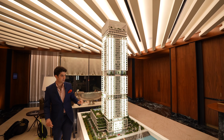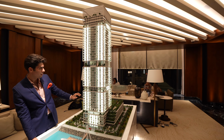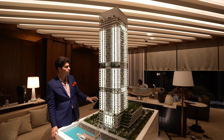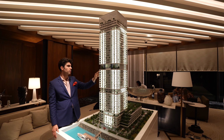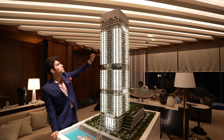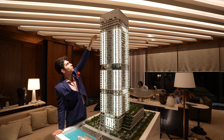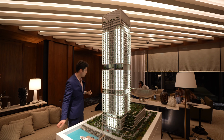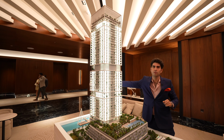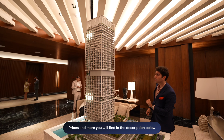Going into the 2 beds, you have got, once again, your duplexes over here, and then you've got a corner 2 beds. And what's nice is that even though these are simplex, they have the added benefit of being on a corner, so you get a more open view, and with that, more brightness. And you see that they go all the way up to close to the highest floors, and then at the cutoff, you've got your penthouses. These are a very similar layout. They will also cover the corners, but of course, the front corners will be a little bit more desirable and expensive. Going into the 3 beds,